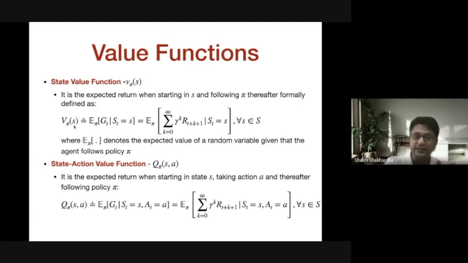So for any state, the value of that state tells us that if I start from that state and I follow some policy pi, somebody gave me the policy to be followed, it may not be an optimal policy, but under that policy, what is the value of a state? Which is basically saying, if I follow that policy and I start in some state S, how much reward can I collect? What is the maximum reward I can collect? And this is actually very simple.